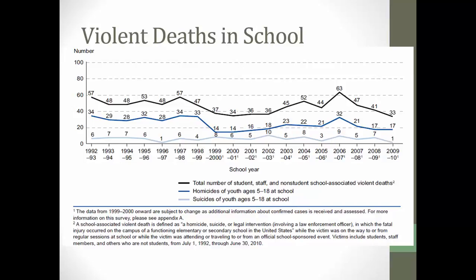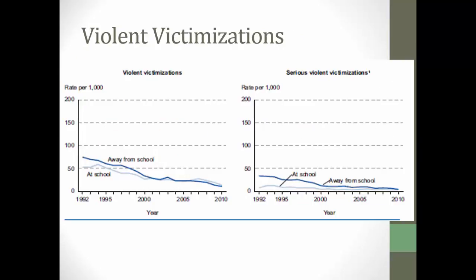On the one hand, homicides within a school, any of them are horrible and tragic. On the other hand, you have to think about, again, there are 15, 16,000 homicides that happen in any given year. So when you say 14 of the 16,000 happened in school, you have to recognize what a very, very small fraction of homicides that is. And so overall, schools tend to be very, very safe places. That's in terms of homicide, and it's in terms of violent victimization as well.